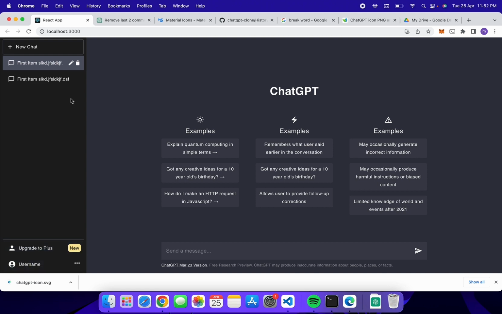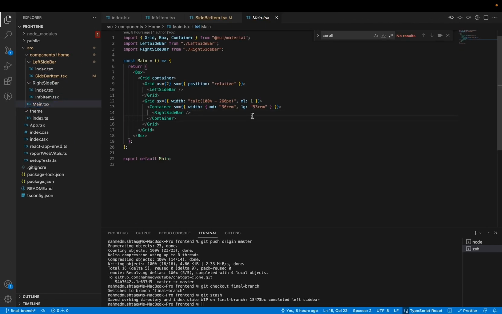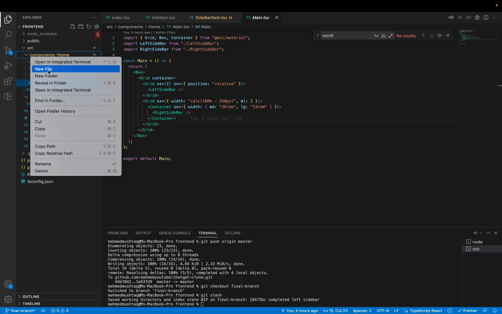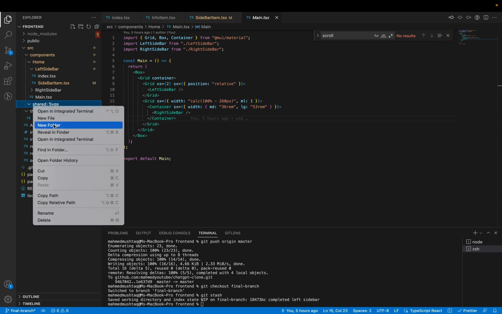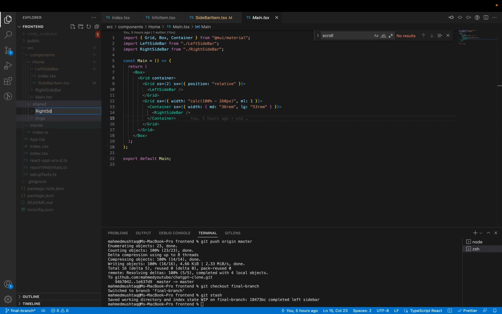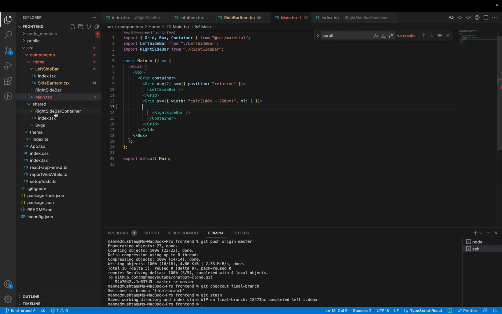Okay, you can see this issue is resolved. Now we need to work on this part. For this, go to main component, and before doing anything, create another directory called share. Here svgs and right side bar contain index.tsx. Just copy it